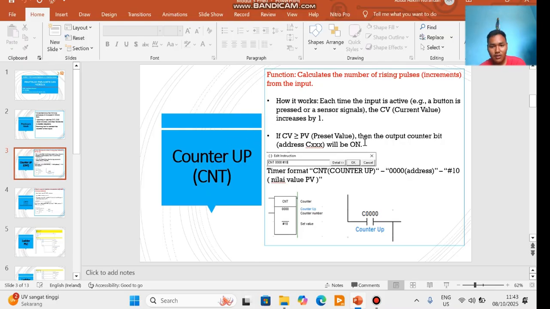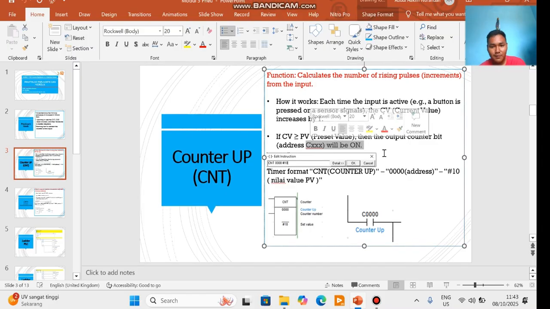In this program, if the CV or current value is greater than or equal to the PV, preset value, then the output counter bit address C, for example C000, will be on.